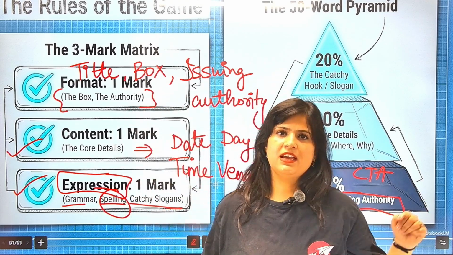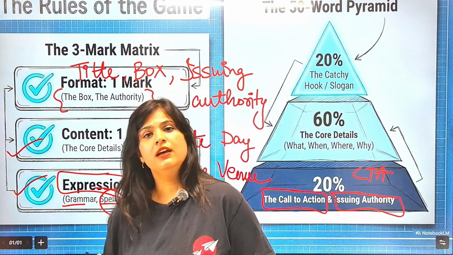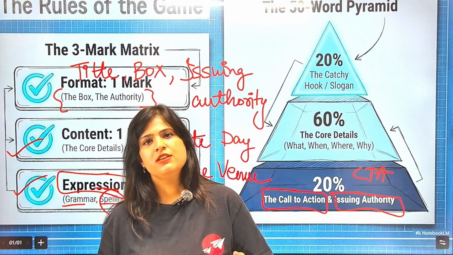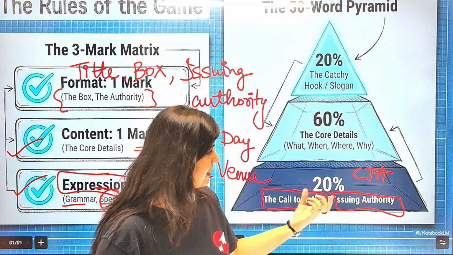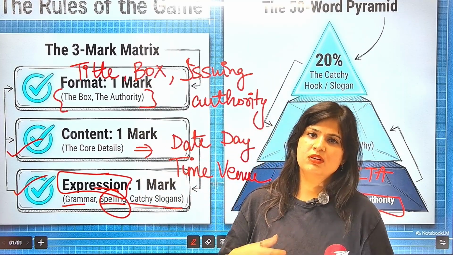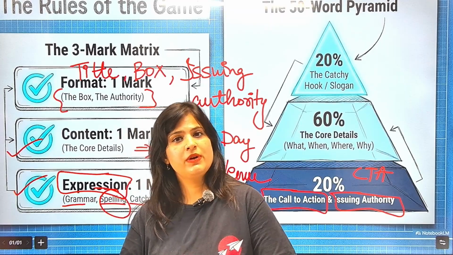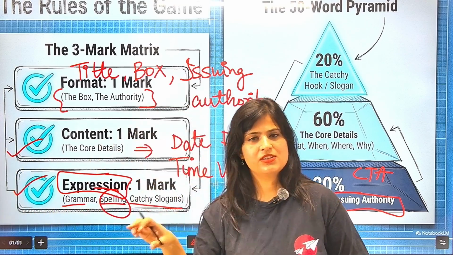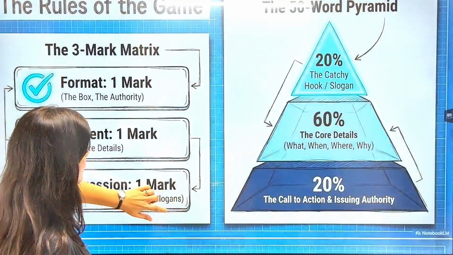Call to action is, if you are writing a poster for an event, right, for invitation to an event, so you will ask the participants to come, ask the people to come, right? So register here or contact so and so for tickets. That is what becomes your call to action. And if it is a general awareness poster, then definitely the CTA is going to be like quit smoking now, or contact this and this person, this and this number, or this and this authority for help, right? Let us move forward very quickly.